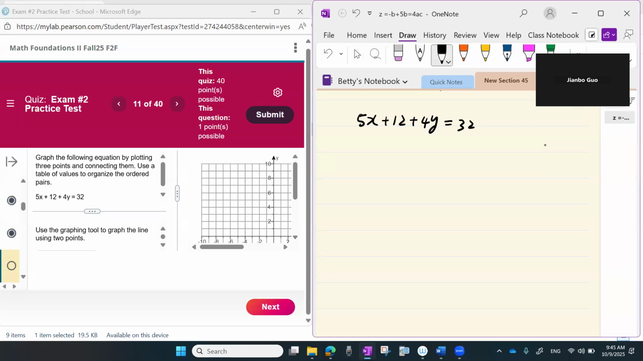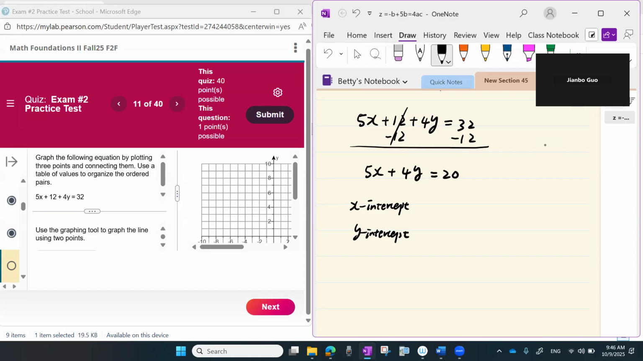Obviously, the equation is not simplified. We can subtract 12 from each side to rewrite the equation as 5x plus 4y equals 20. 32 minus 12 is 20. Okay, so we're going to find the x-intercept and the y-intercept